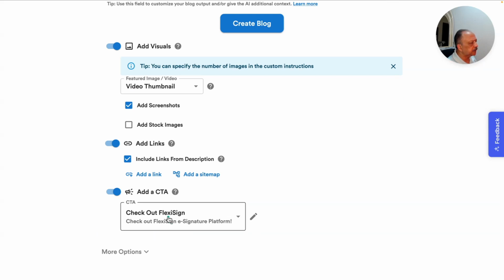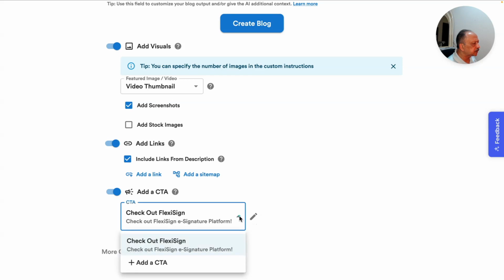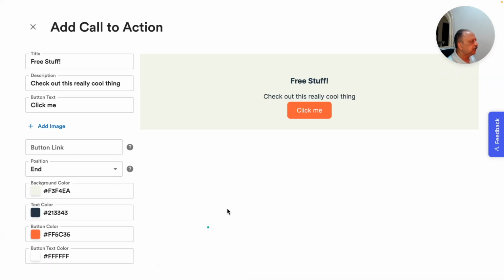So this was my previous one. It's kind of nice if it starts with the previous one. I'm going to add a CTA, and then it pops up with another slider, so to speak. And then you could just say, I could just say,